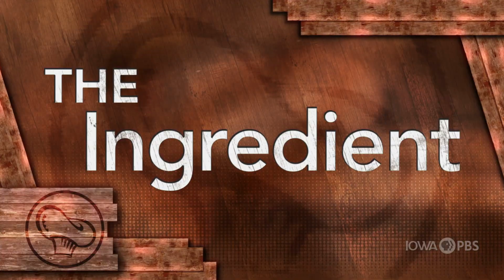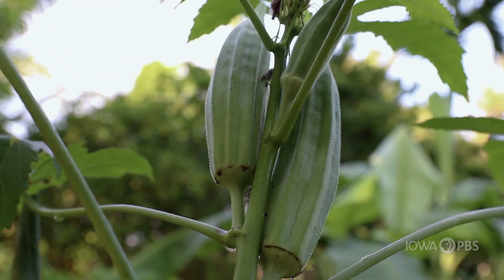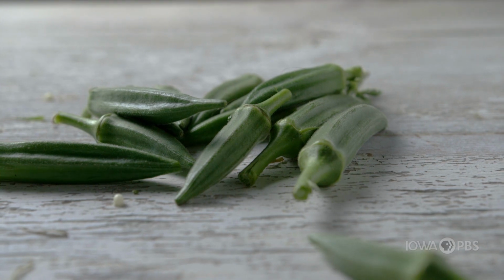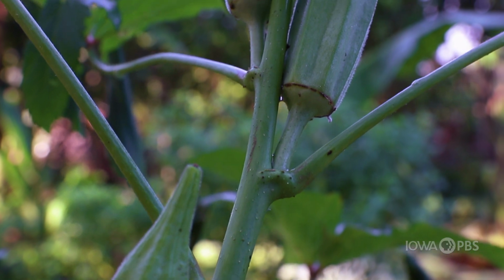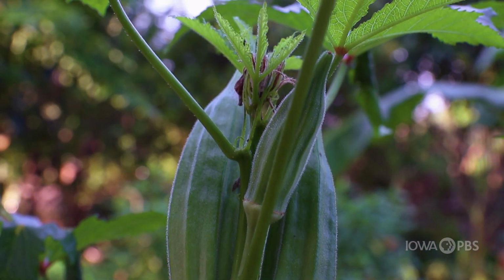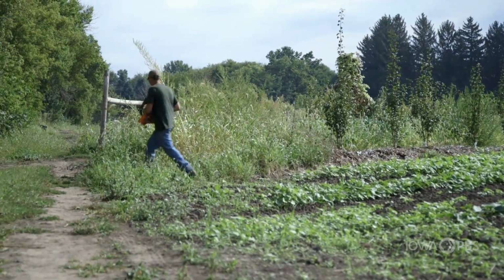Okra has a compelling past, but let's move it into the present as we discover and taste the complexities of growing and eating okra. As a plant that thrives in warm climates like Texas or Louisiana, okra can be somewhat of a mystery to Midwest gardeners. You might wonder how to grow this pod-like vegetable, and then you might wonder what to do with it once it's harvested. Okra is getting more popular, and as more people have discovered that they like it, the plant has steadily migrated northward. The rise in okra's marketability has presented an opportunity to growers like Greg Hoffman,